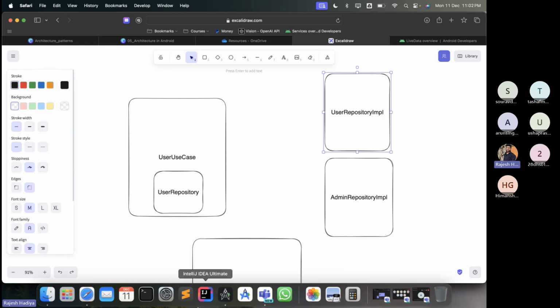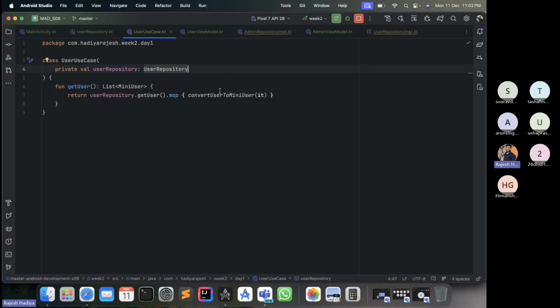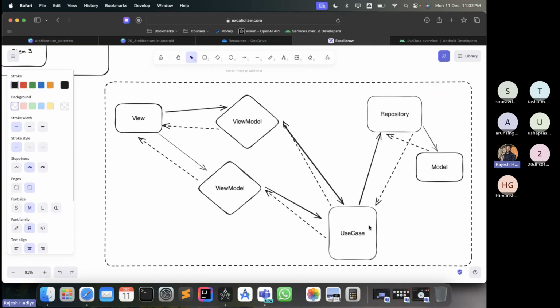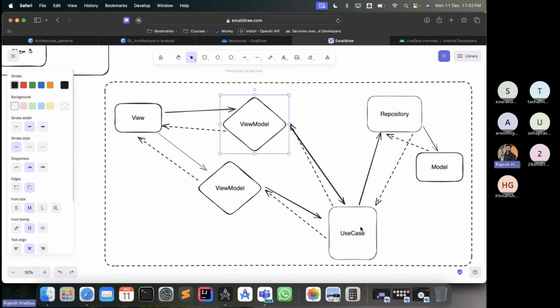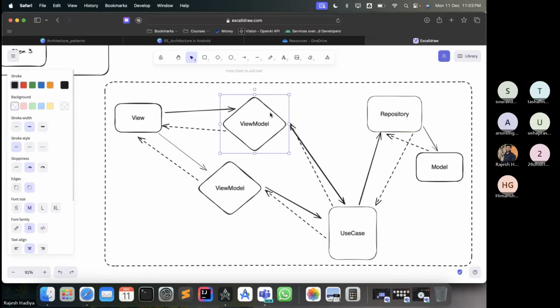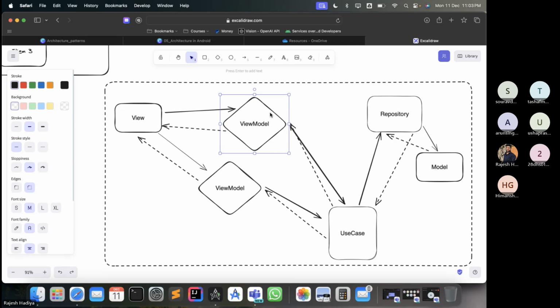No. The use case does not sit between the view model and the activity. Even if you have multiple activities using a view model, the use case sits between the VM and the repo, whether we are making an API call, or from the local DB, or from anywhere else. So from the fragment, we are accessing the same view model